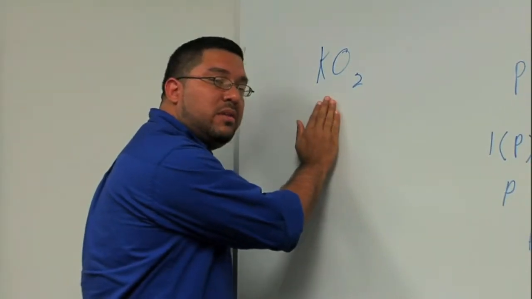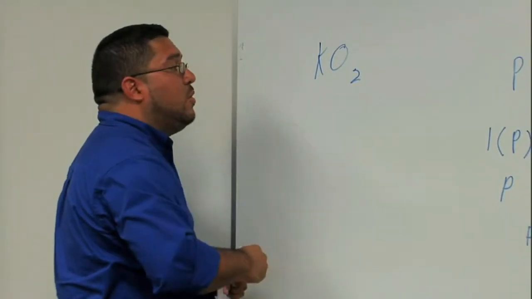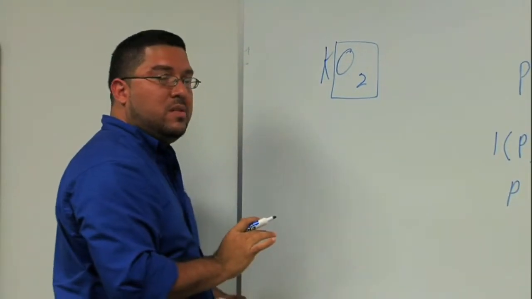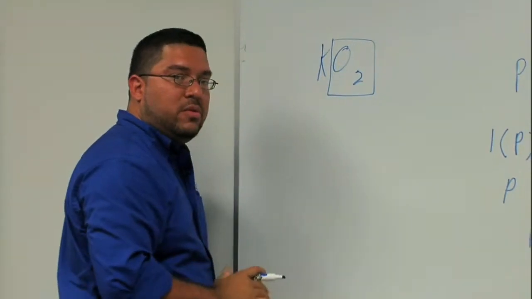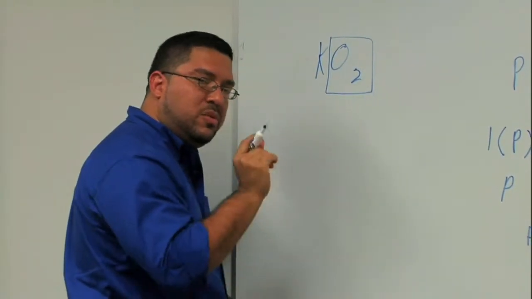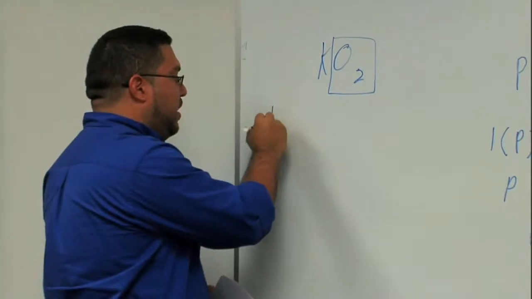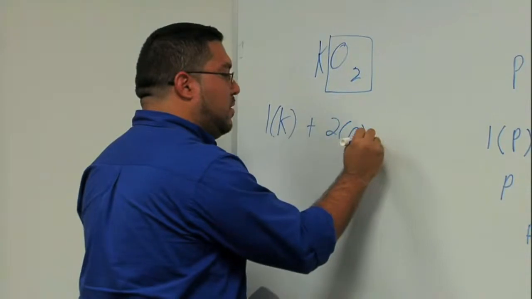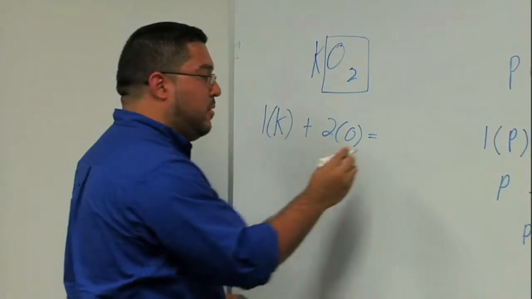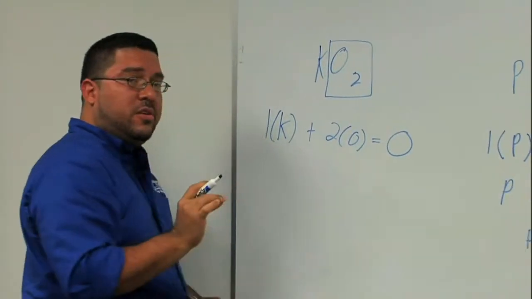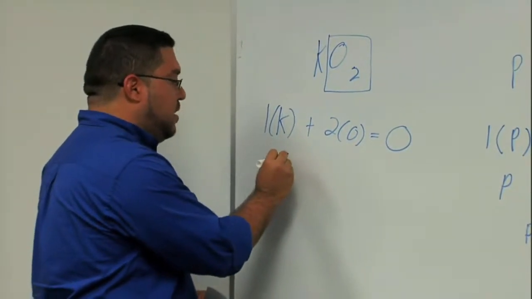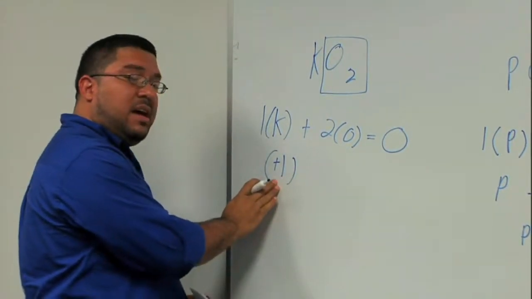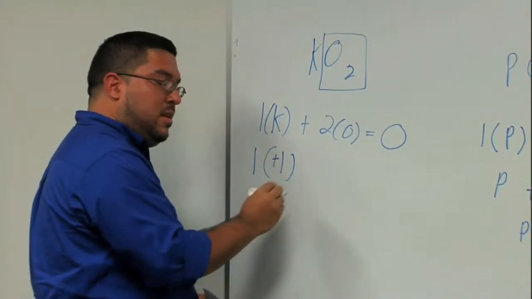So, if you were given a compound like KO2 and you were told to solve for the oxidation state of oxygen, you would be very tempted in this case to simply say that oxygen is equal to negative 2. But if you were to plug this into the equation, you would see something very interesting, and this is what you should try and do. 1 potassium plus 2 oxygens should be equal to an overall charge of 0. You plug in the charges that you already know. We know that oxygen should be negative 2, but in this case we're going to see that it's actually not. We know that potassium is always positive 1, so then we plug in,